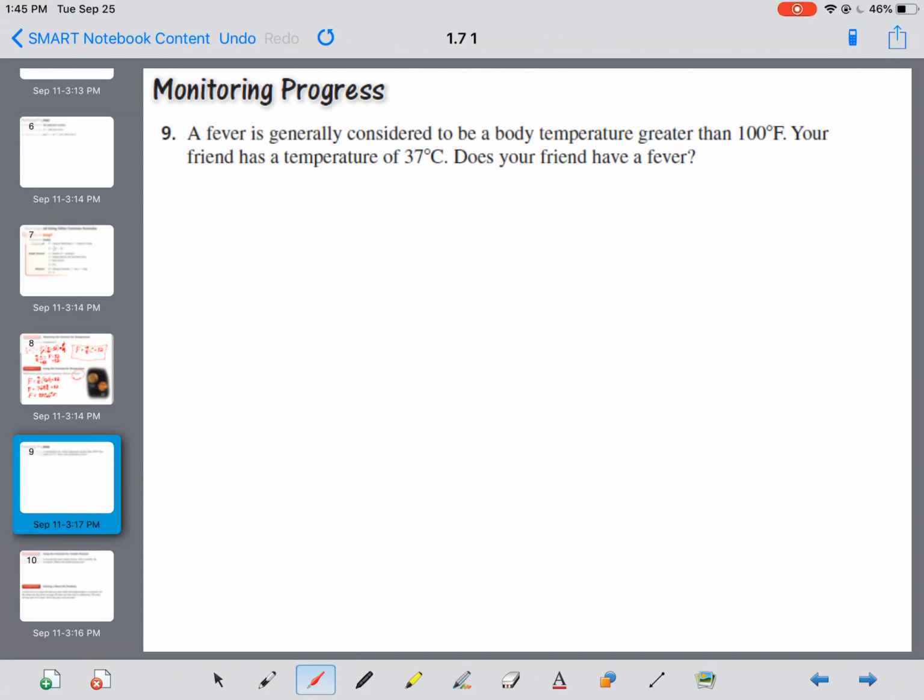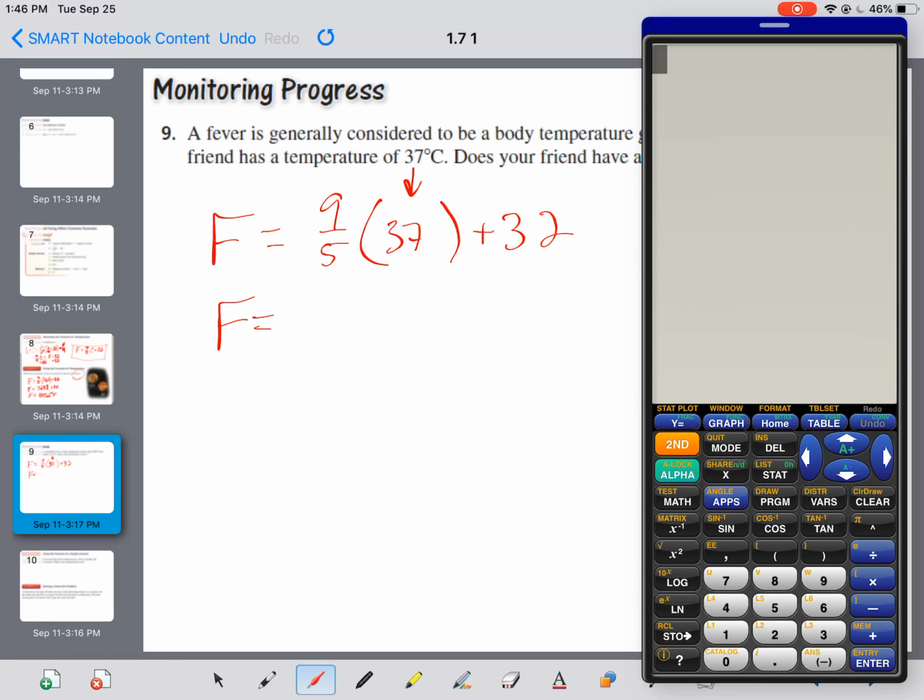Okay. Fever is generally considered to be a body temperature greater than 100 degrees Fahrenheit. Your friend has a temperature of 37 degrees Celsius. Does your friend have a fever? Well, we figured out that Fahrenheit equals 9/5 times C plus 32. So we're going to plug in the 37 degrees Celsius. So F equals, bring my calculator back out here. Alpha Y equals 9/5 times 37